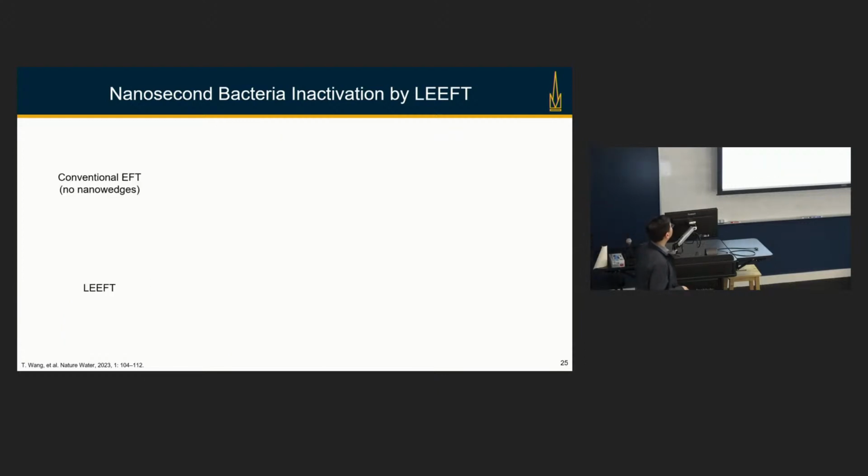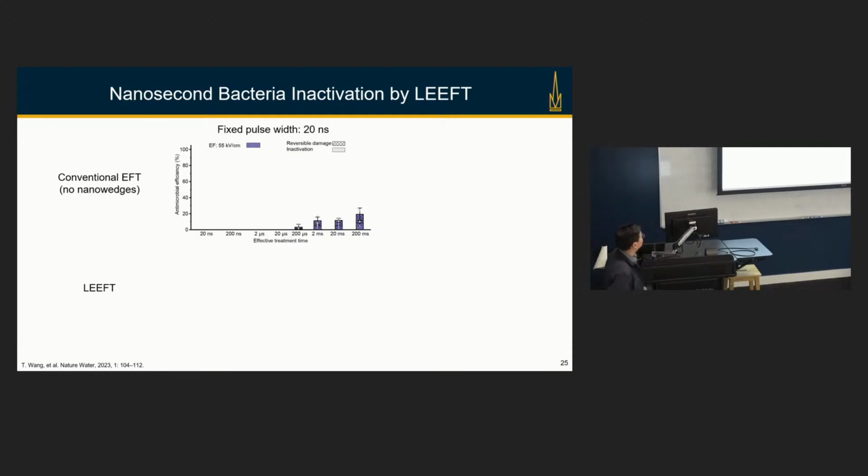We also compare this treatment process with a conventional electric field treatment, with structures that don't have any nano wedges as shown in the previous slides. We can summarize the result like this. Again, we fix the pulse at 20 nanoseconds. For a longer effective treatment time, that means multiple pulses, right? If it's 200 nanoseconds, that means we apply 10 of these electric pulses. If it's 20 milliseconds, it means we have applied 1 million electric pulses to try to inactivate